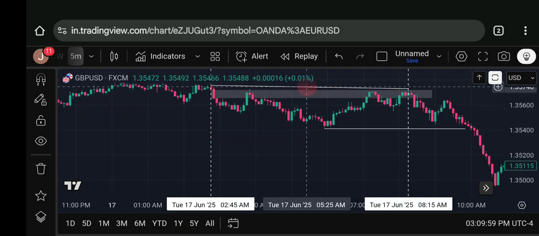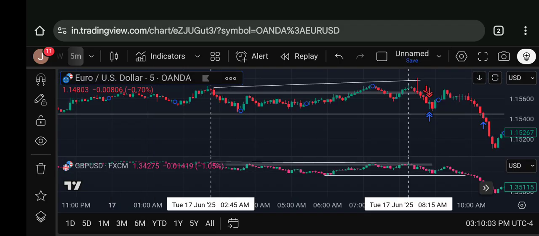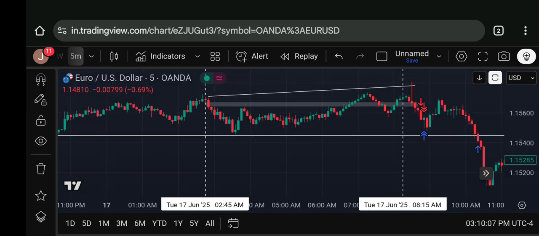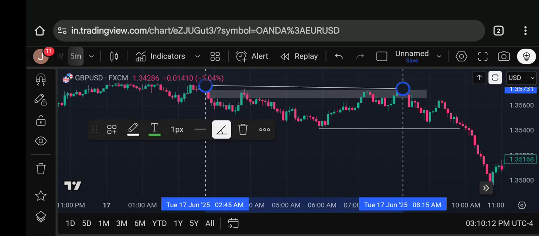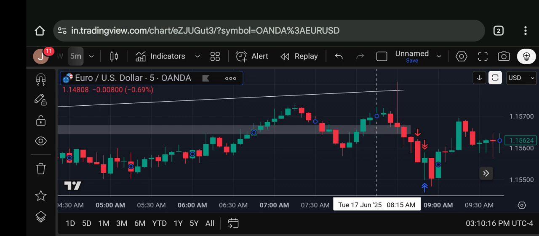Price did not sweep the buy side liquidity here. So if buy side liquidity is swept, SMT confirms reversal. Price made a higher high here and price made a lower low. This is the SMT,